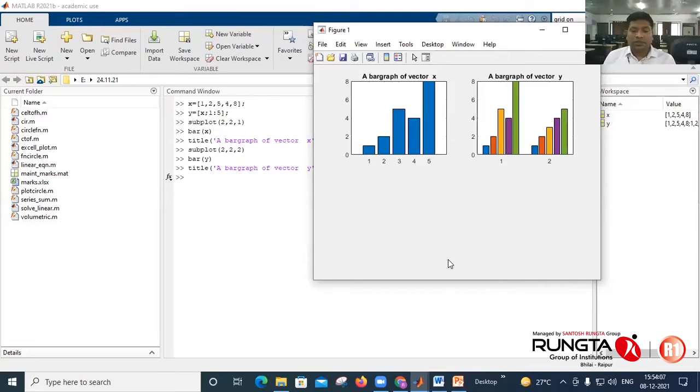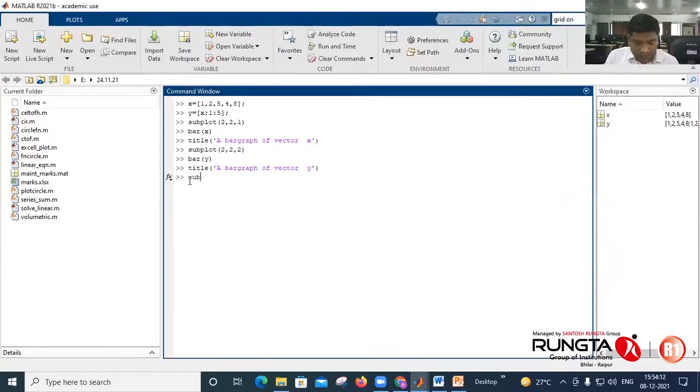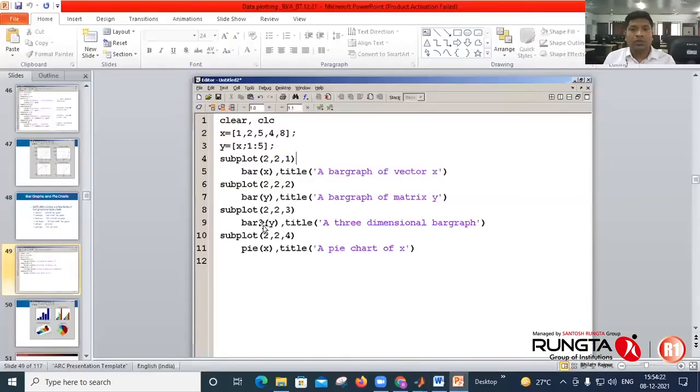Next, subplot 2 comma 2 comma 3. Here I want a 3-dimensional bar graph of the Y matrix.